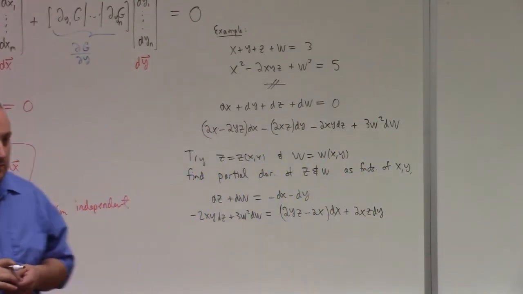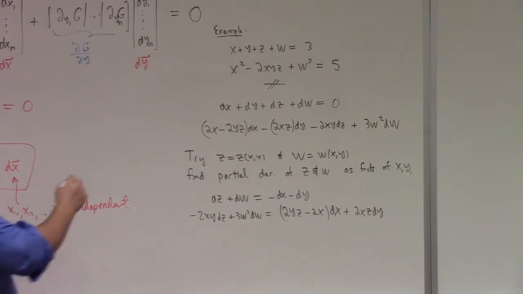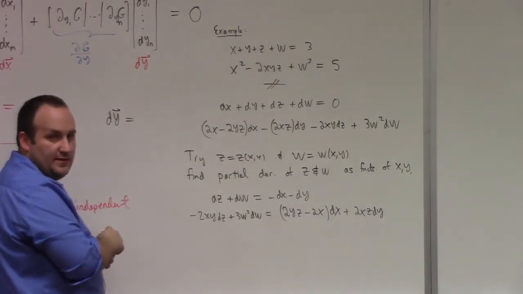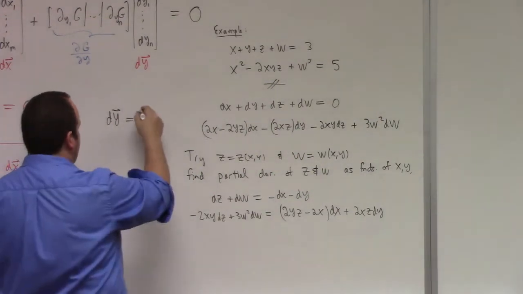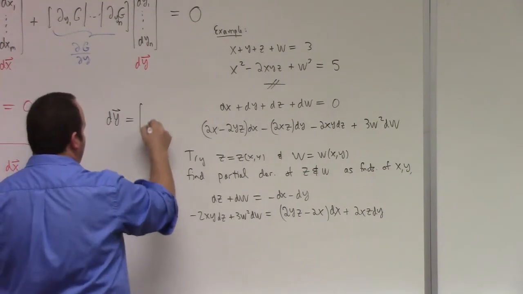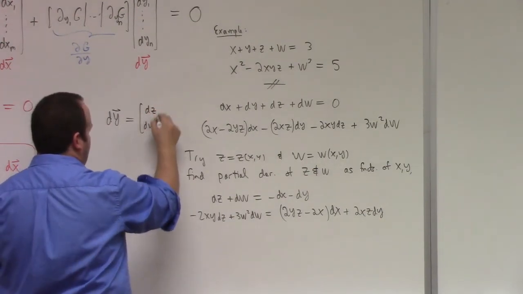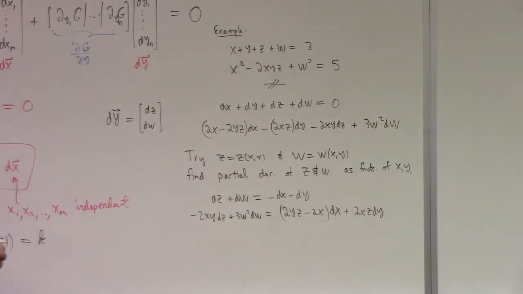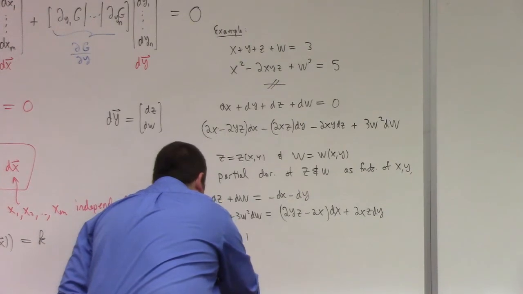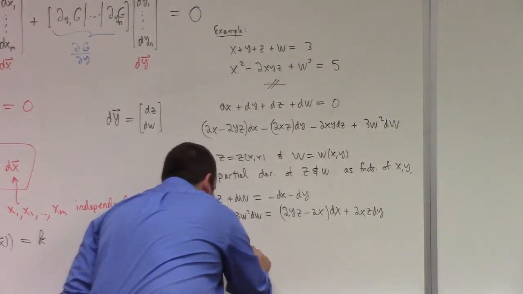I'm trying to solve for, so basically here, my dy, quote unquote, in the implicit function theorem, pay him no mind, is dz dw in my current way of thinking. I'm trying to solve for that. So that's pretty easy 2 by 2 matrix stuff. This is 1, 1, minus 2xy, 3w squared,